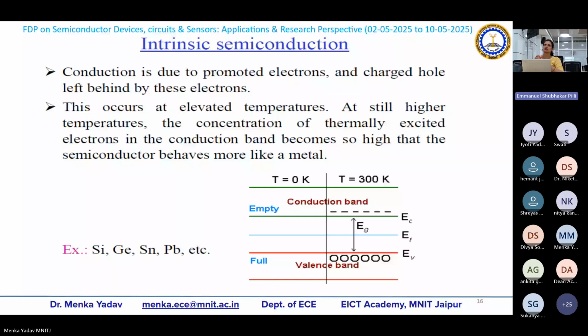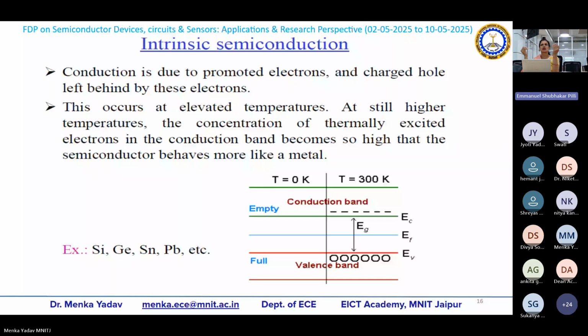So let us start the types of semiconductors. As I told you, there are 2 types of semiconductors based on how it is procured, meaning what type of material it is going to have. The first one is the elemental semiconductor, and the second one is the compound semiconductor. Silicon is the elemental semiconductor, while gallium arsenide, silicon germanium, even group 4 elements can also be shared in equal amounts. That is also a kind of semiconductor. Gallium arsenide can be there, PbS can be there.